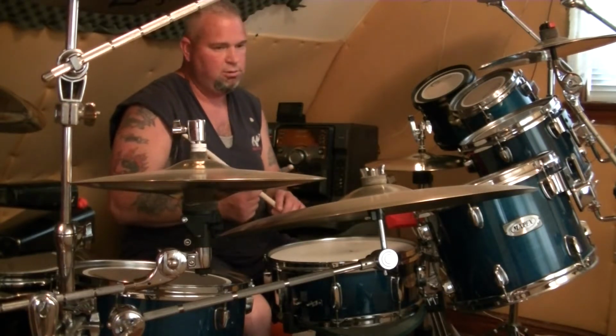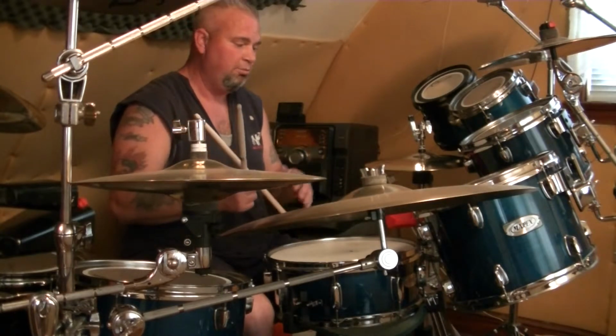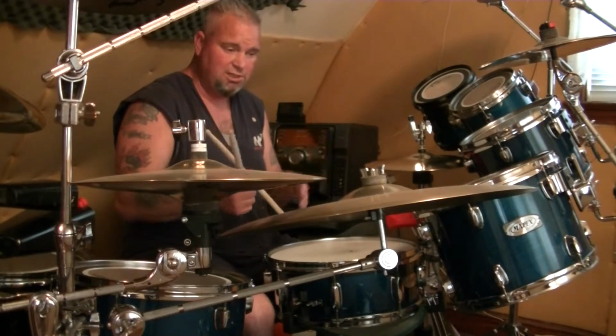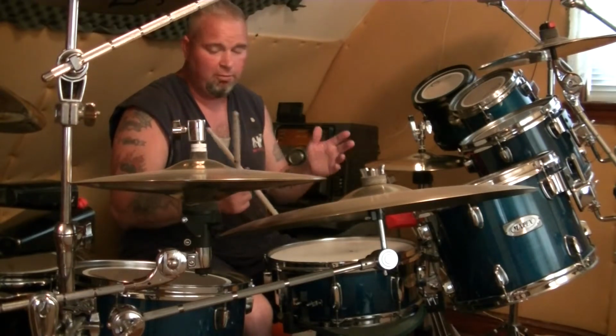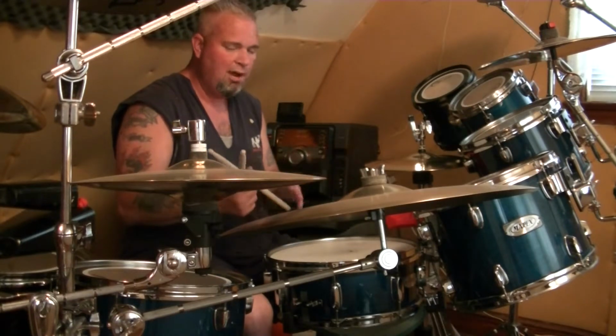Everybody that plays or wants to play drums or has started to learn how to play drums either started with paradiddles or rudiments, or listened to something and watched somebody else show how to do this or that and picked up on it and was able to go from there. But for the majority of people, a lot of people take lessons, and it's really tedious to do because you're expected to know every little nook and cranny, and in rock and pop, it kind of really doesn't matter because you're really playing,